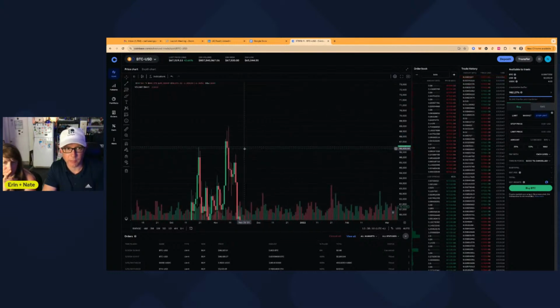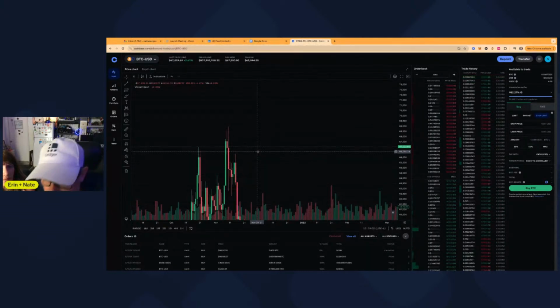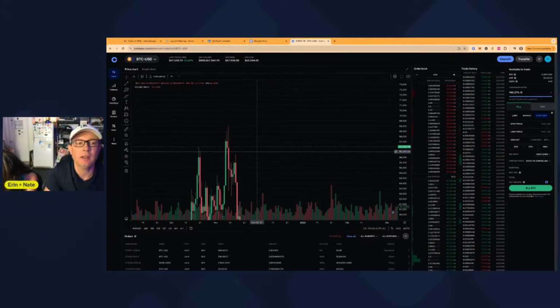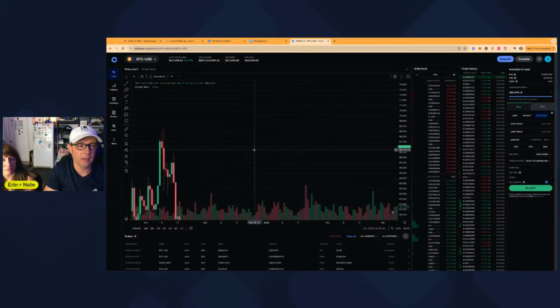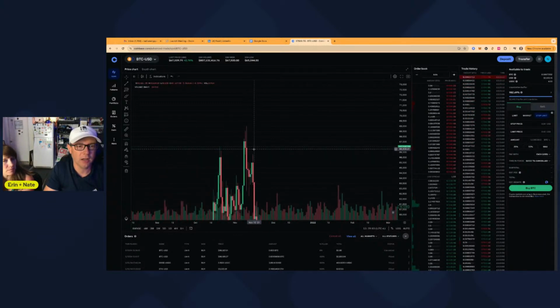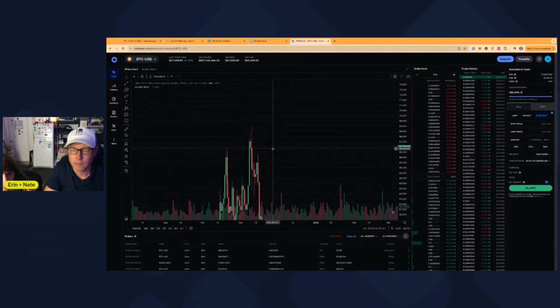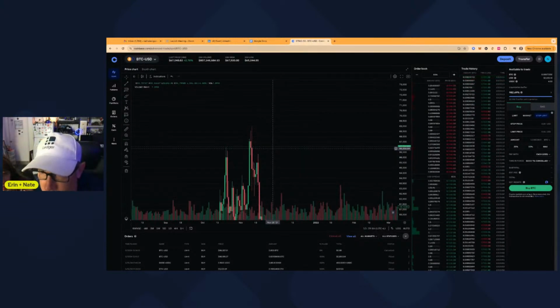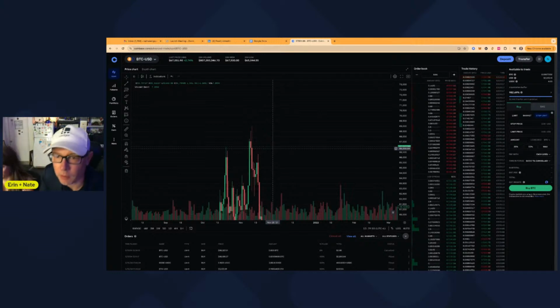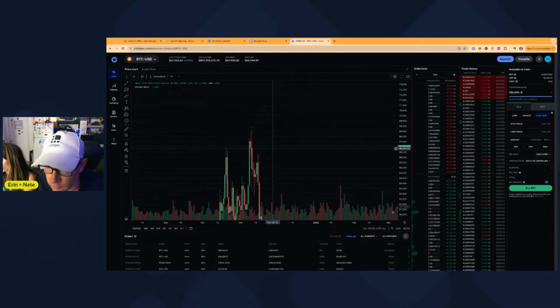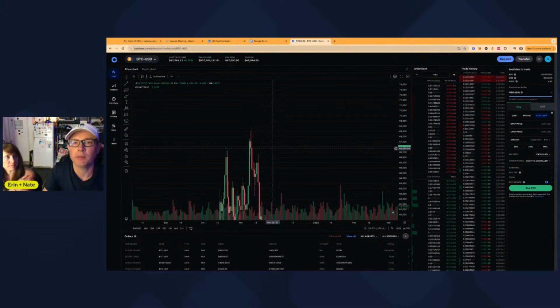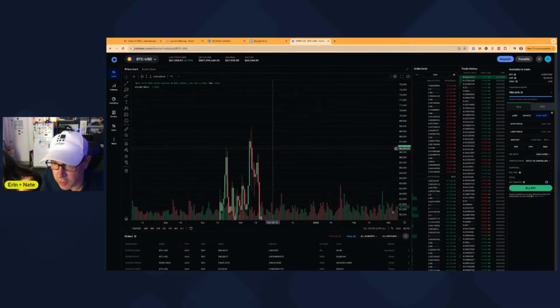And also, of course, I'm sure there's a lot more support like this that's been established more recently. But what I'm gambling on is that, let's say we fall below maybe, let's think, 66,560. That might signify to me that this is not working, or actually I don't know. I might even set it right here, because I don't mind losing just a little bit, since I'm gambling on a big pump. If I'm wrong, I don't care if I get stopped out and lose a little bit. Better to lose 2% and then gain 20% on a pump than to lose who knows how much.